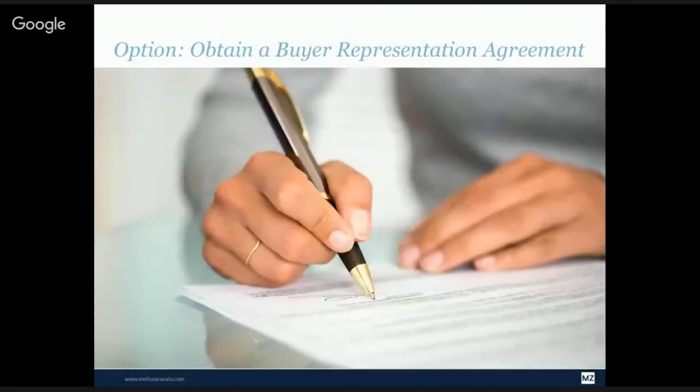And another thing you can do, and depending on where you are in the United States and what your position is and your broker's position is, obtain a buyer representation agreement. If you think the buyer is going to be all over the place, I know that in California, and I bet dollars to donuts that most of the states in the United States have a standardized buyer representation agreement that can be downloaded and completed.